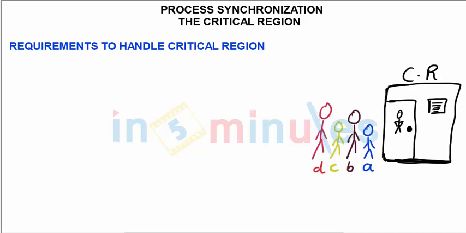Okay, after understanding what is critical region, the next thing we would like to understand is requirements to handle critical region. As we already said in earlier example, consider a fresh room as a critical region which can be accessed only one at a time manner. Let's see, as we have in current example,